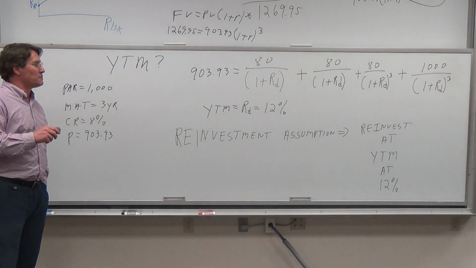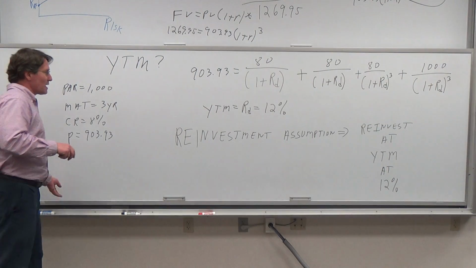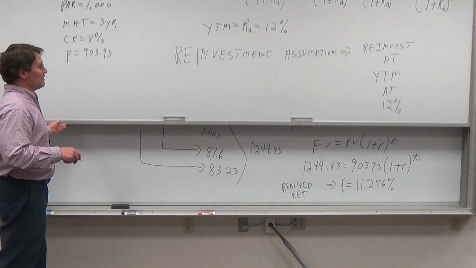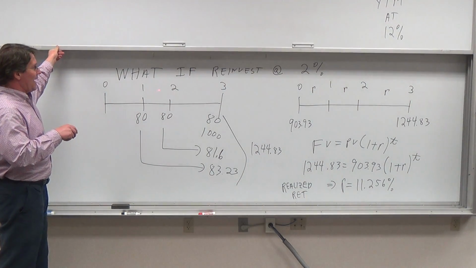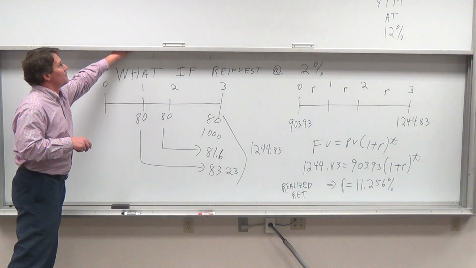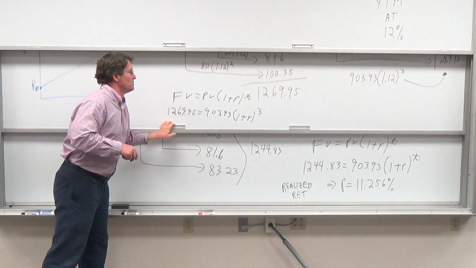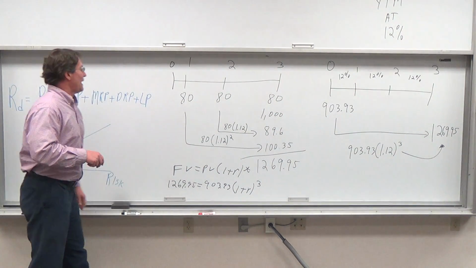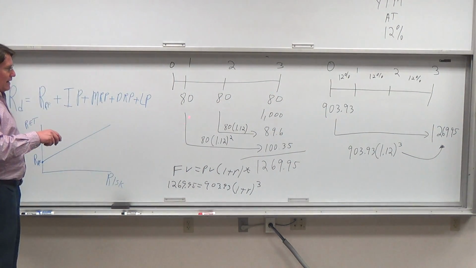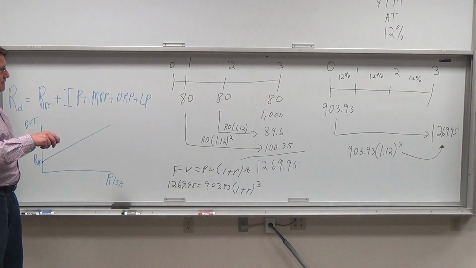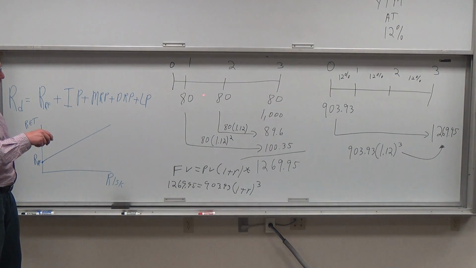But the major assumption we make is that when I get those cash flows, I have to reinvest those cash flows at 12%. That's the major assumption we make. And how did we prove it? We reinvested them at 12%. We showed that our money grew to